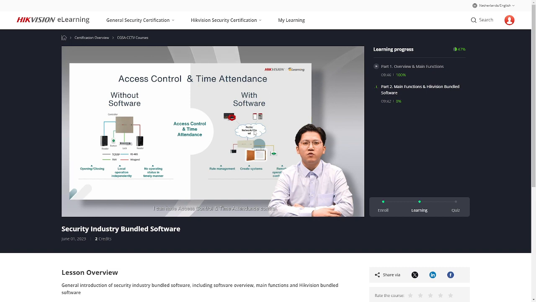I can have access control and time attendance control. For access control, I can analyze the report and export related data as a report. Like I'm a boss, I want to check if my employees got to work on time, right? You can set advanced functions for rule management, like a door can only be opened by two people authenticated at the same time. For time attendance, you can let someone open or close a door locally or remotely on the software client, or even with GPS clocking. Users can check the attendance record remotely on their own client.